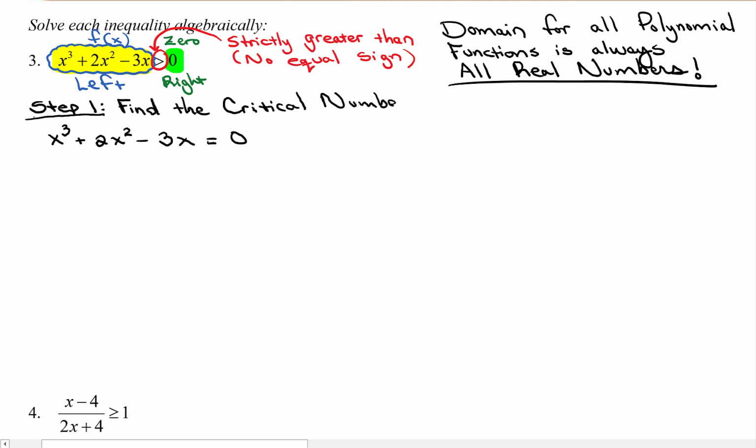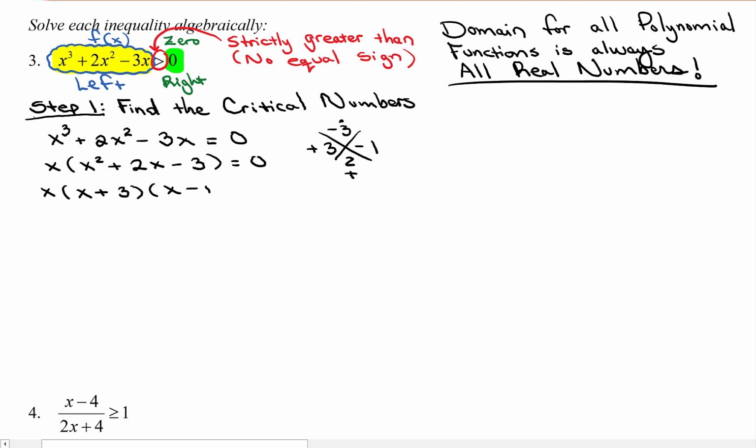All the stuff that I did above here, like all this thinking out loud part, that's stuff that's going on in your brain, in the background. But the actual writing portion to get the answer, I think that we need to do is here. The first step is finding the critical numbers part. Let's factor this. I factored out a GCF of x. I need two numbers that multiply to give -3 and add up to give 2. I got 3 and -1. Because this trinomial has a leading coefficient of 1, I can go straight to the factors. But if you need to do factoring by grouping, then you do